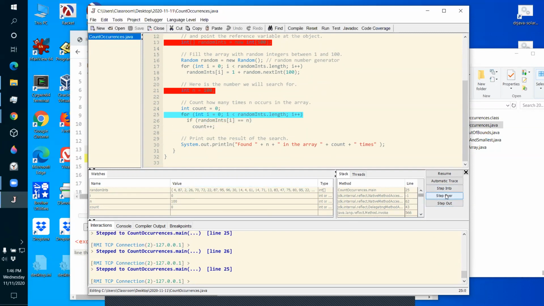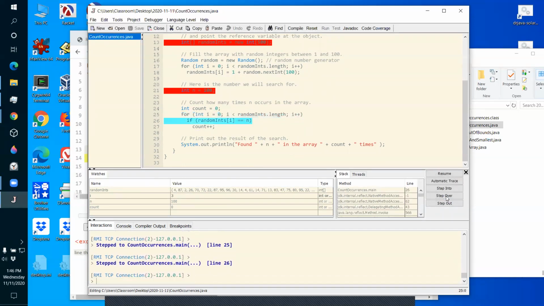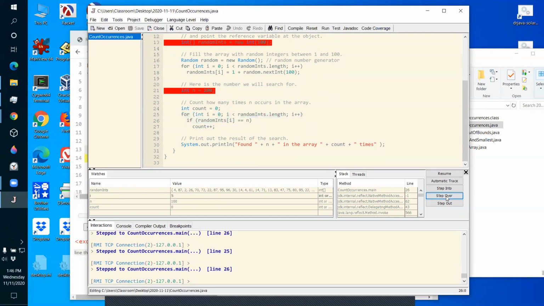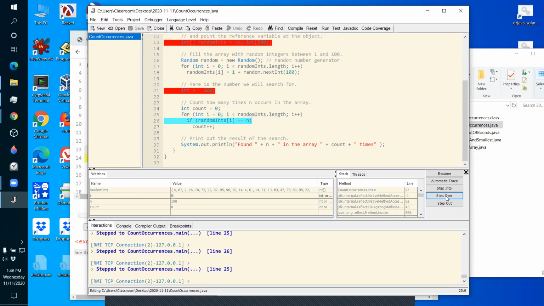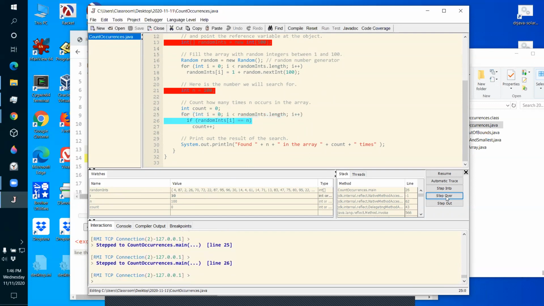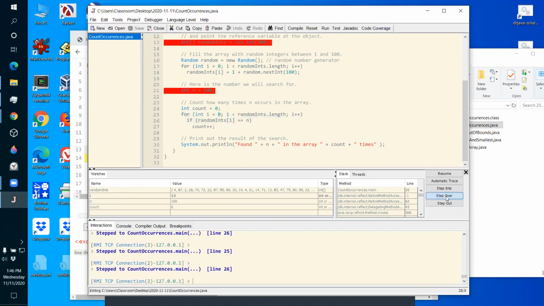Now I'm just going to do a bunch of steps. Who knows where there's a 100 in here? See, now I'm at entry 3, 4, 5, 6, 7, 8, 9, 10, 11, 12.